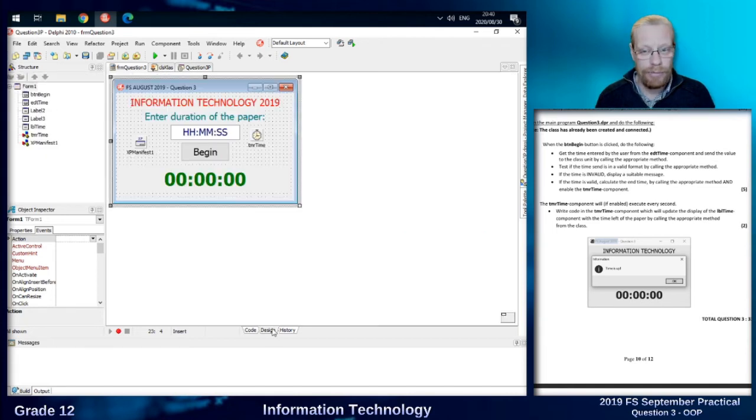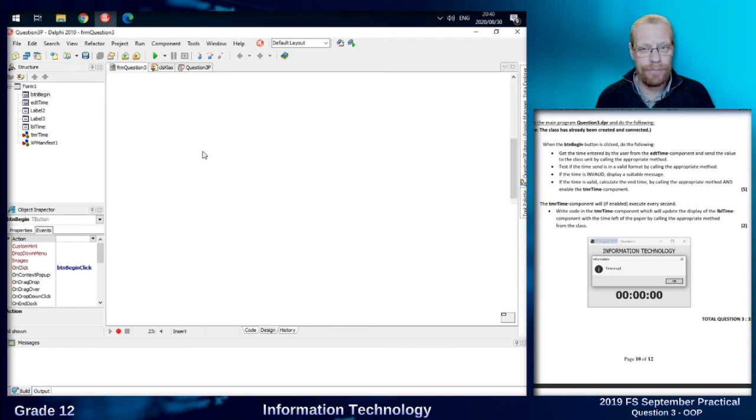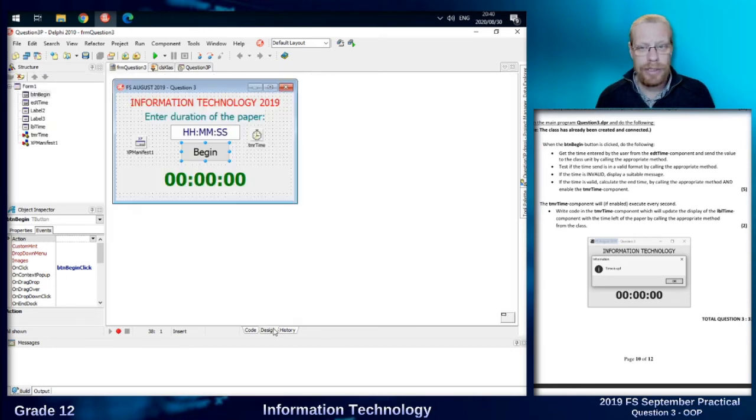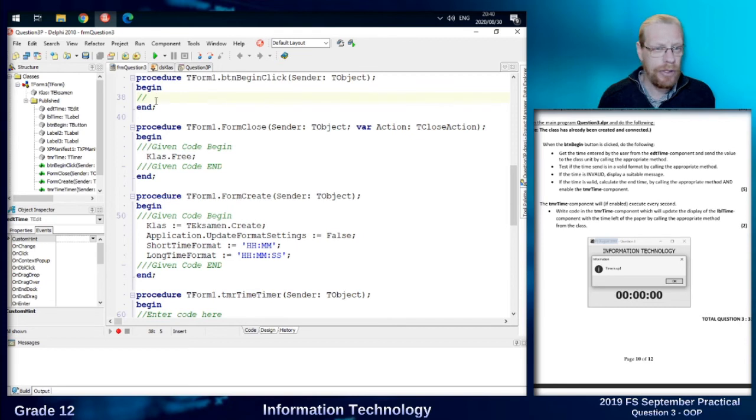So we're going to find button begin, that's there, and that takes us here. Get the time entered by the user from the edit time component and send this value to the class by calling the appropriate method. So edtTime is that one, and you'll see it's in an hours, minutes, seconds format. We're going to send that